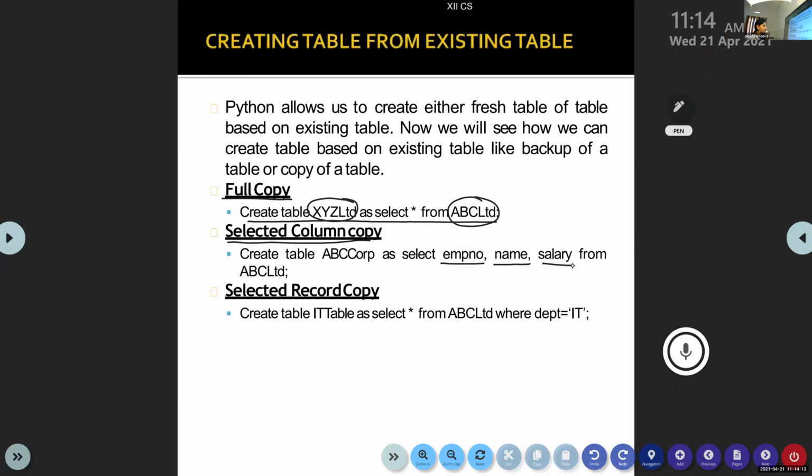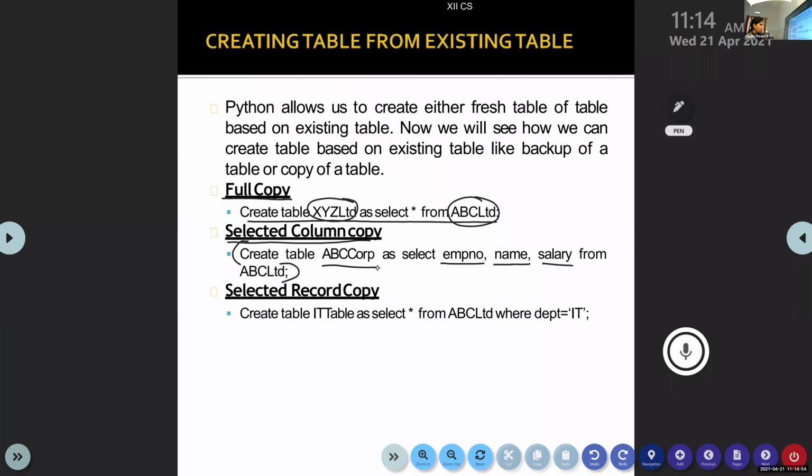Chat box. After execution of this particular statement, the question is, how many columns will be there in ABC Corp? 3 columns, very good.